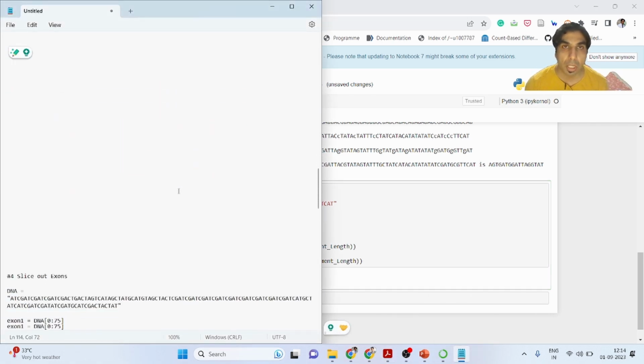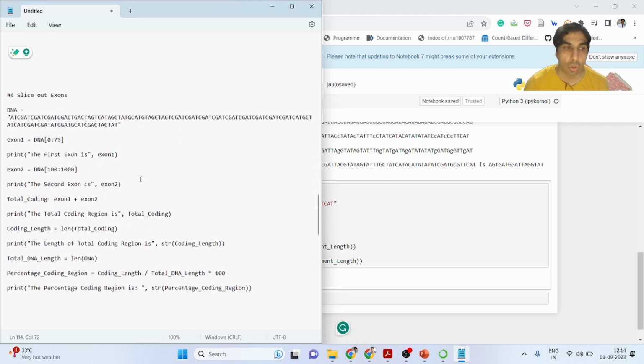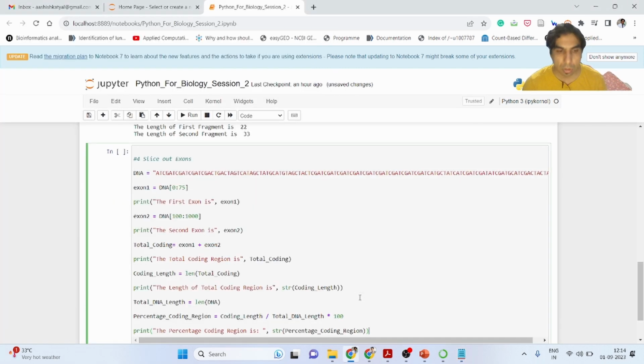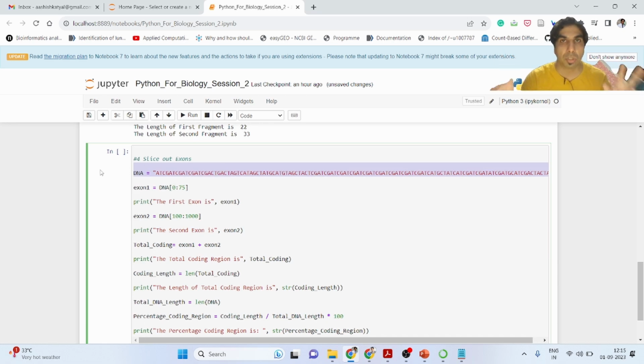The fourth thing we have to perform is finding the exonic region, which is also known as the functional or coding region present in the genome sequence. It is very simple. Don't look at the formula in this whole script. It is quite big because I split it into smaller fragments. For example, right now we have taken a bigger DNA sequence, and you can see DNA is a string, and a string is denoted under double quotes.